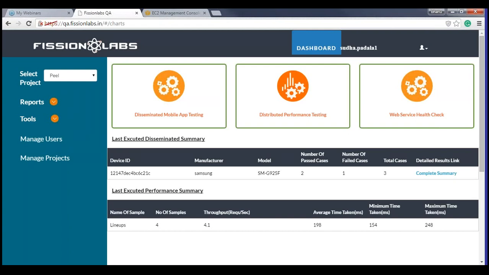You have another section over here on the left pane with reports and tools, and you can select the project which you logged in to, and you can switch the project if you have access.